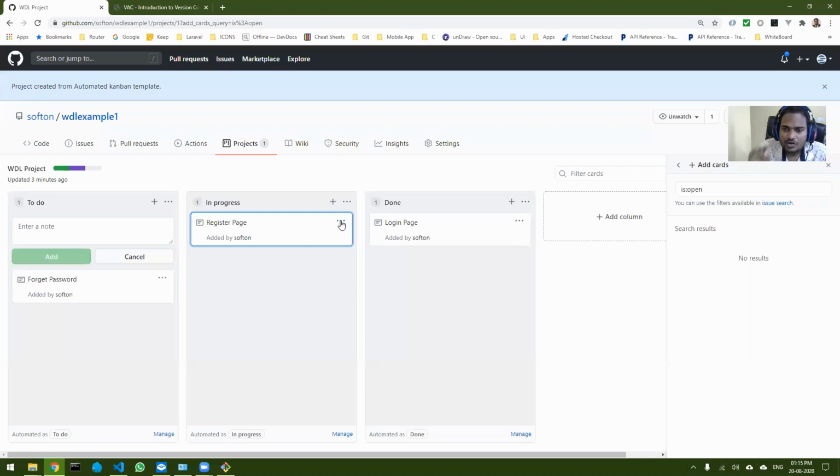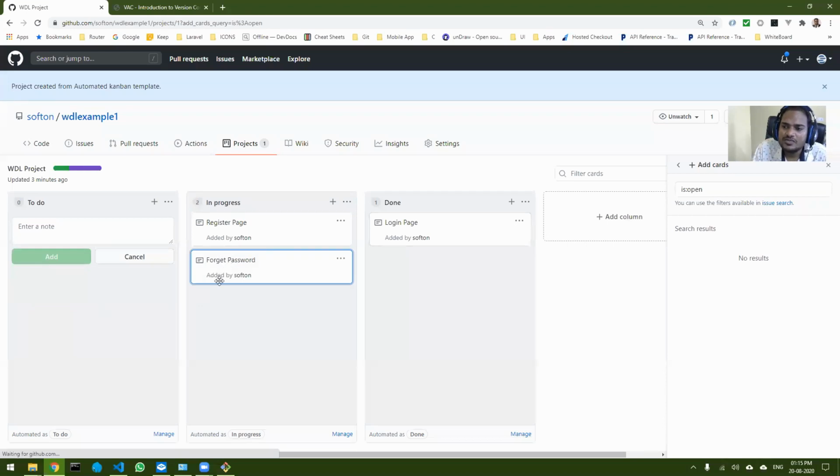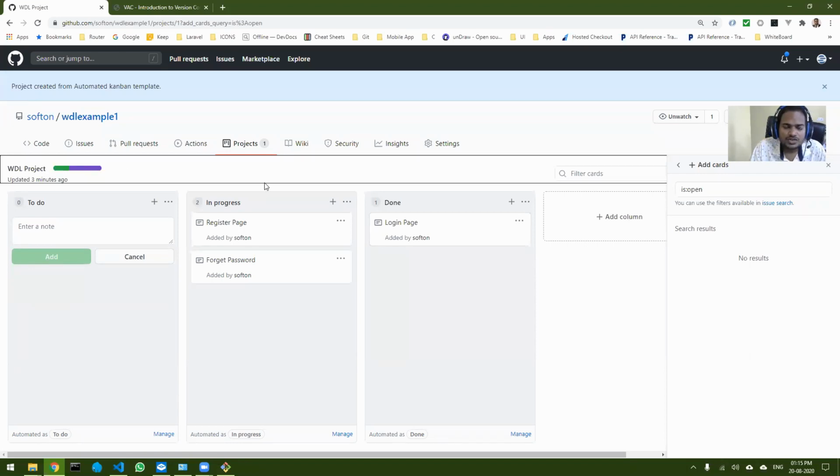When you collaborate, these are the tasks that I have added. Similarly, your friends will also add some tasks. So all these tasks, everybody will be able to see who all are working on what. In the progress, you can see, okay, myself working on register page, then somebody else is working on forget password. So when you add this and keep it over here, then somebody else will be working on that particular thing. So that shows the progress of your project. You can see the progress bar also over here. It says 1 done, 2 in progress, 0 to do. So this is one thing that you can do.